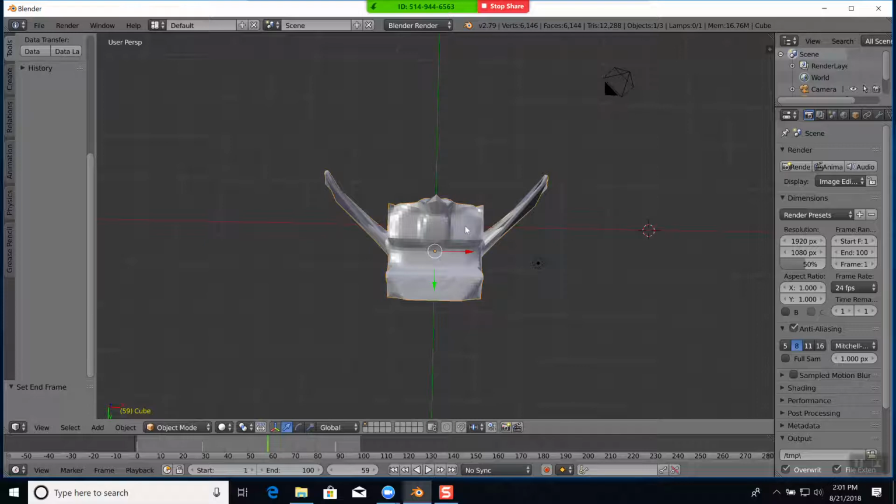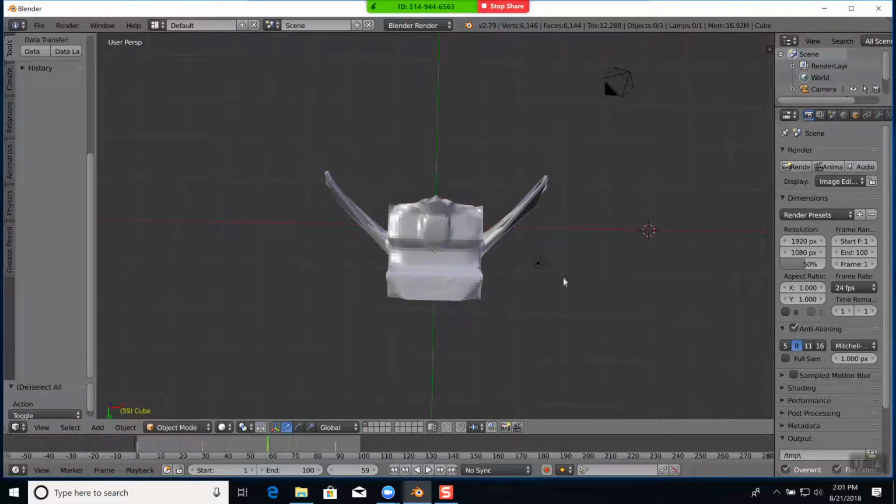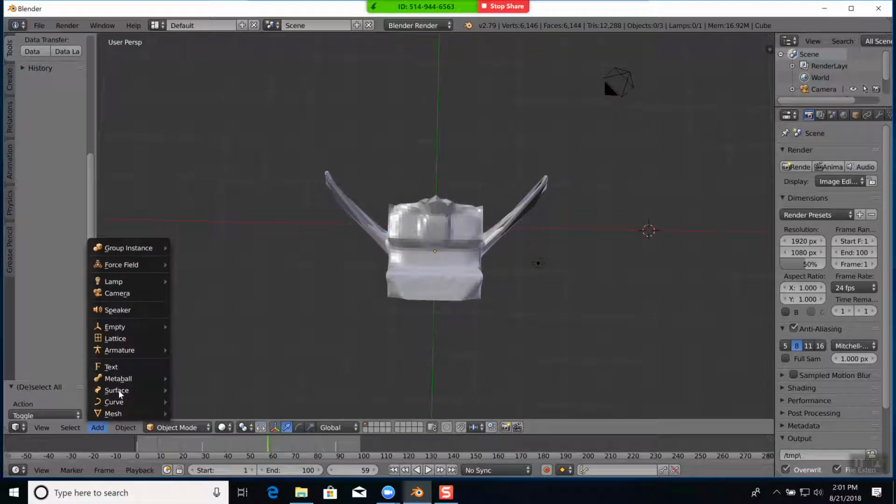Now, if I right-click this, it selects it, doesn't it? You see select down here, there's a deselect all. So you do A for deselecting it. If we do A for deselecting it, this is what I should have mentioned yesterday. Remember how you added another object and it merged them together? That's because of this. If I don't have this selected, now if I do another add, and I'll throw on